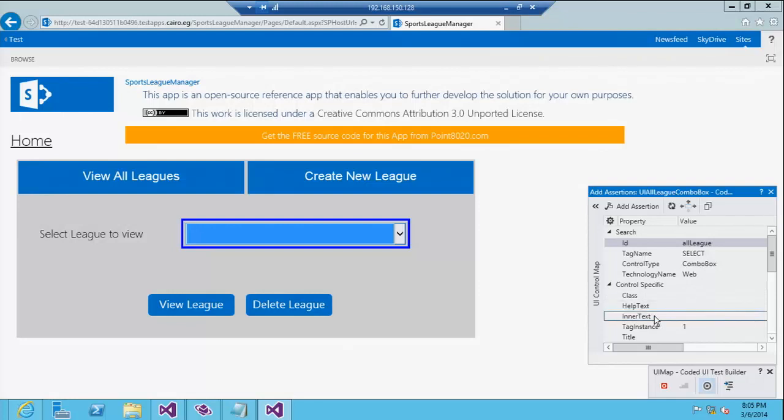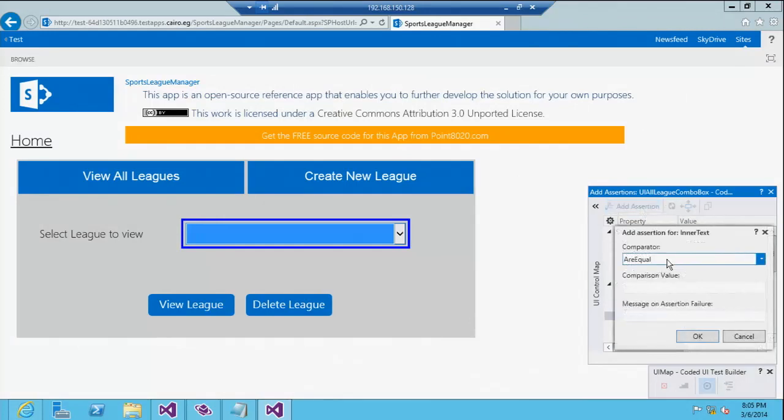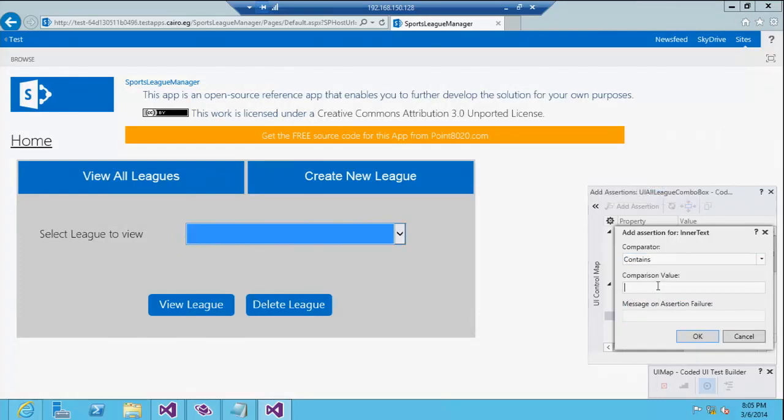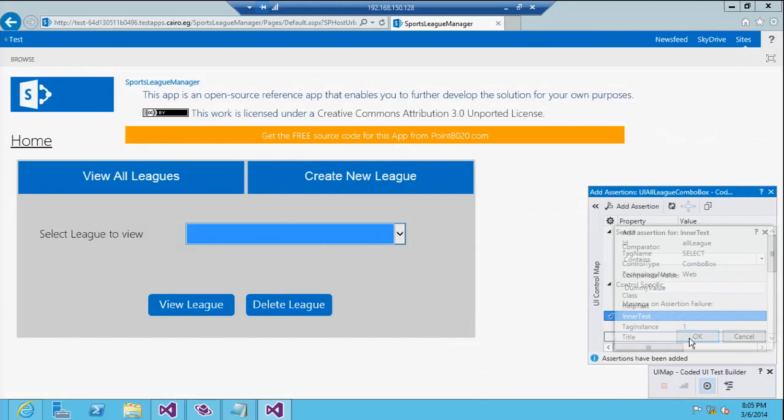This inner text should contain all the values, and click Add Assertion. I want to make sure that the inner text contains the value of the league name. And I don't know it, so I'm going to say dummy value. And I will fix this later.